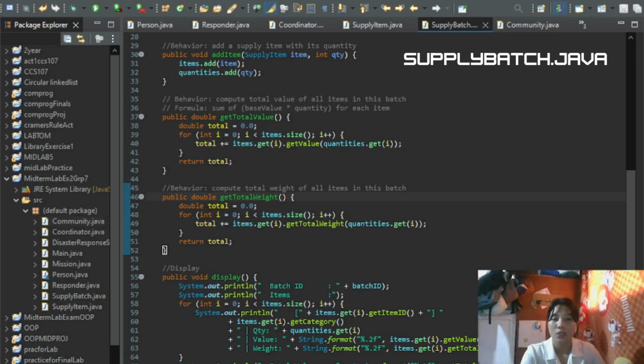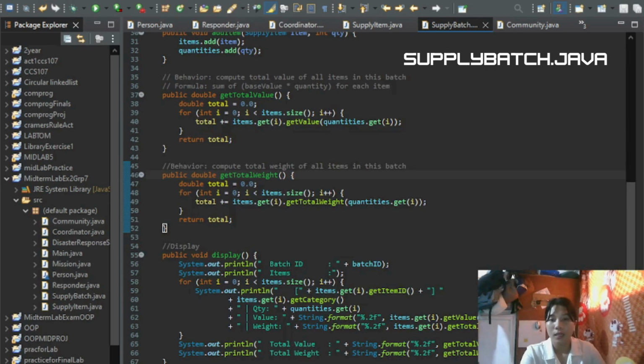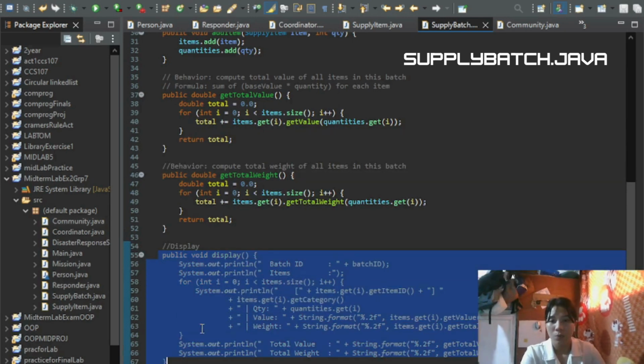It iterates through each item in the batch, and items.get(index).getTotalWeight with quantities.get(index) returns the weight of the current item based on its quantity. Adds each item's weight to the running total, and then it returns the cumulative weight of all items in kilograms.